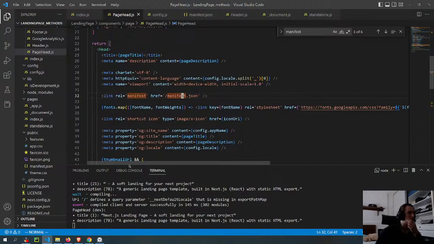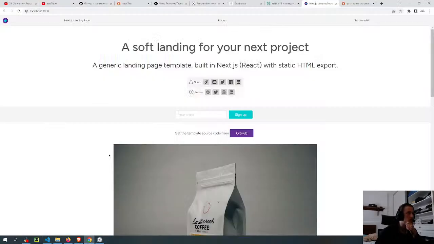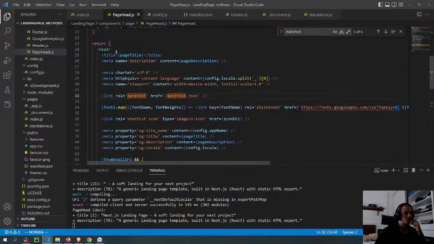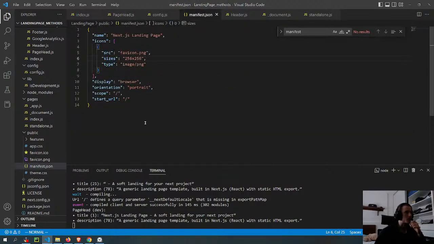Alright, I think I'll remove this because I don't see the point, I think. But maybe just leave it there and then just do something else with this. I have to study what's the point of doing things like this, because there might be something related to SEO or something like that, I don't know.